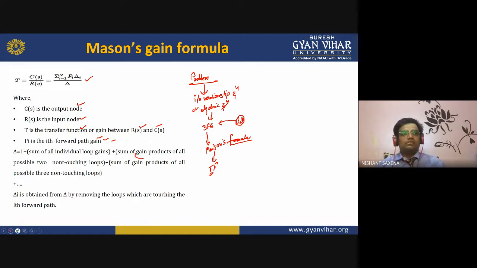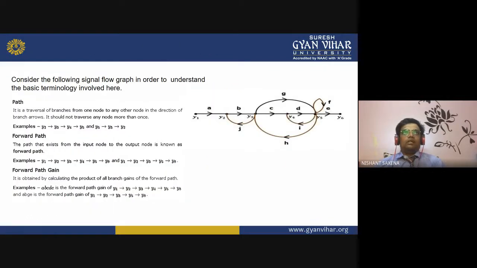Okay, let's see an example on this. Now consider the signal flow graph. Consider the signal flow graph in order to understand the basic terminologies involved here. The first is the path. Now what is the path? The path is